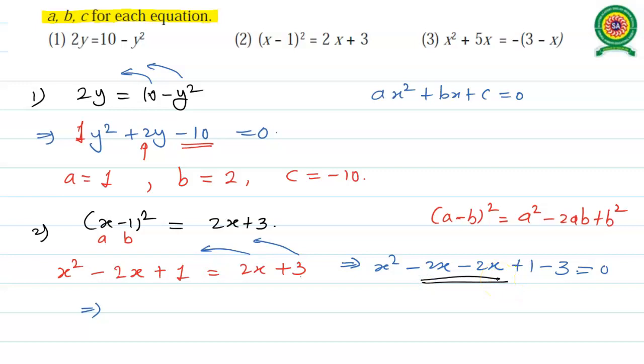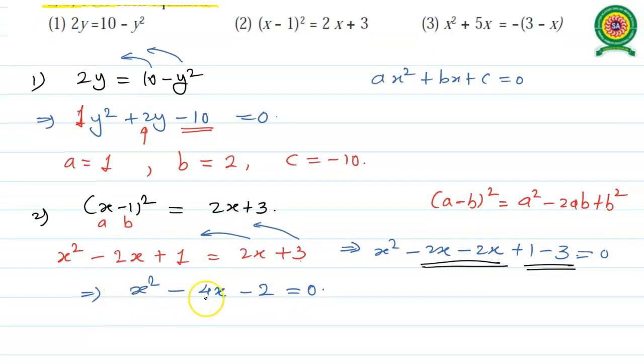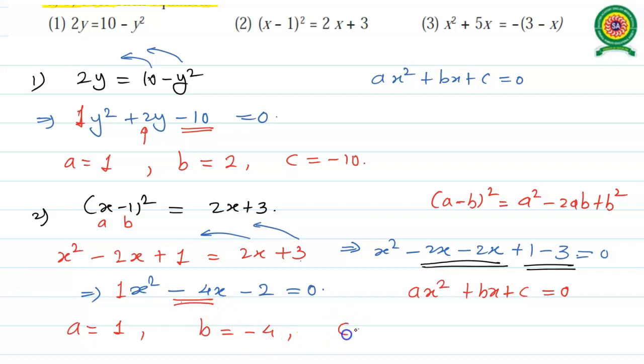Now look at the equation carefully. Minus 2x and minus 2x are like terms, so they are easily added and give us minus 4x, and next to it 1 and minus 3 are like terms. So after simplifying, we get minus 2 equals 0. Whatever the quadratic equation is, we now have it in terms of variable x. Try to compare it with the general form of quadratic equation ax square plus bx plus c equals 0. Coefficient of x square is not given, meaning we have 1, so a is 1. b becomes the coefficient of variable x, that is minus 4, and c becomes the constant, that is minus 2.